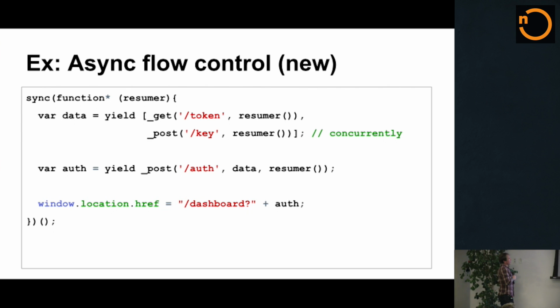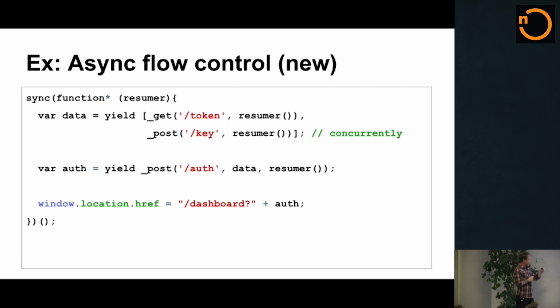You'll notice that there's been a modification to the function that I'm passing, my anonymous generator function, that enables us to do some things like handle multiple operations concurrently. I won't show the implementation of this, but if you look at my GitHub, I'm github/laser with an S. I've got a super trivial implementation of this. But basically, what's going on here is get token and post to key happen at the same time. When they're done, the generator function resumes, and then the variable data holds an array with 2 things in it. First thing is a result of get token. The second thing is a result of post to key.